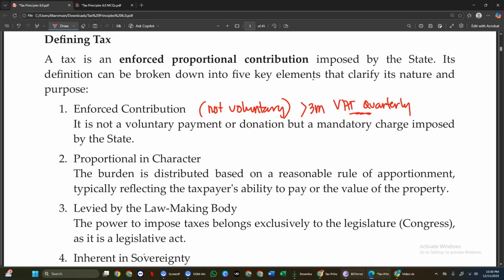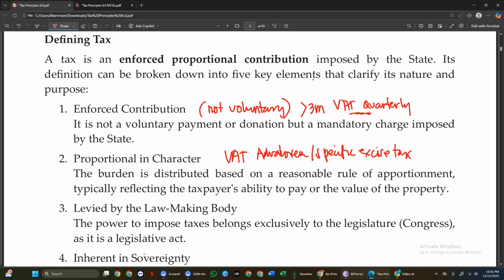Second is that the tax is proportional. VAT is an example of this proportional tax, like other ad valorem or specific excise tax, of which the computation of the tax is in proportion to the tax base, which is usually the sales price, or if there's any specific tax based on the number of liters or the content, or if ad valorem based on the cost of production for the excise tax, or the selling price of the excise tax.